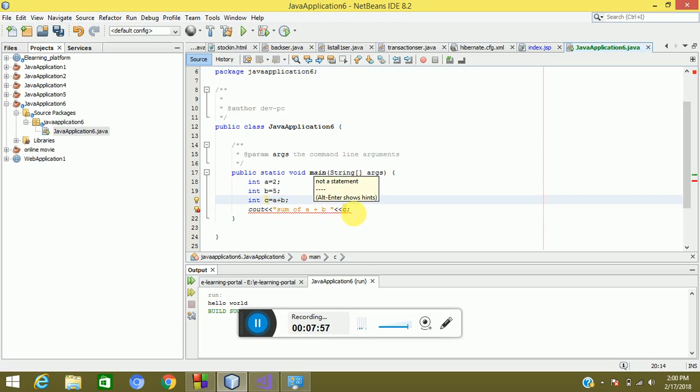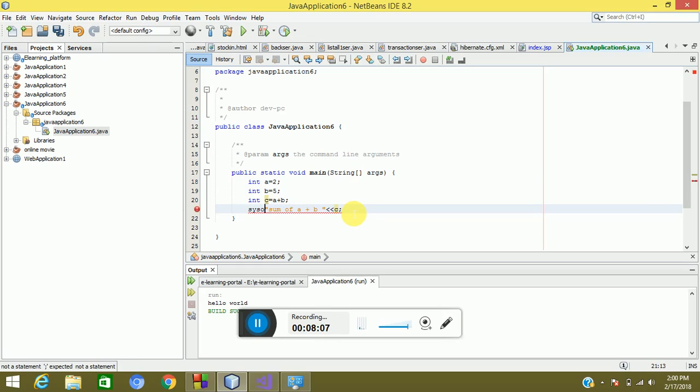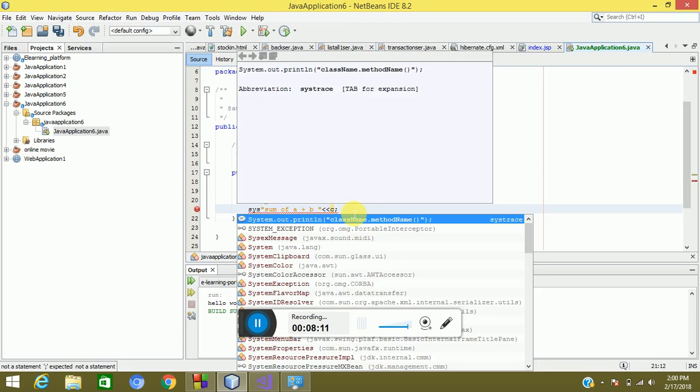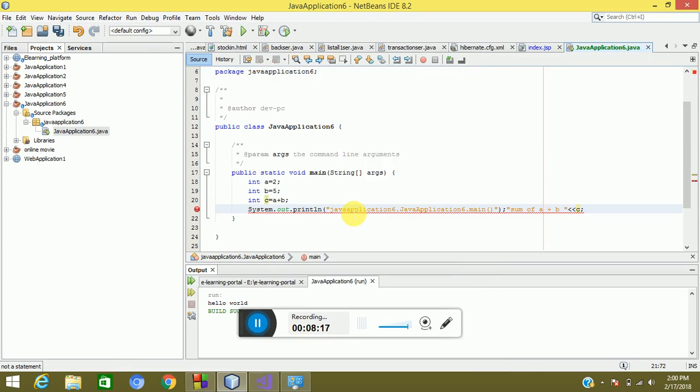But cout is not the proper function over here, so you need to have System.out.println. Just type sys and Ctrl+Space, and you'll get the required function. So the sum of two numbers, and here to add the two values